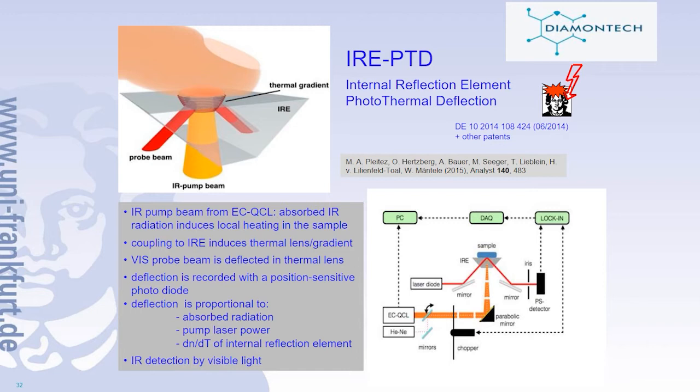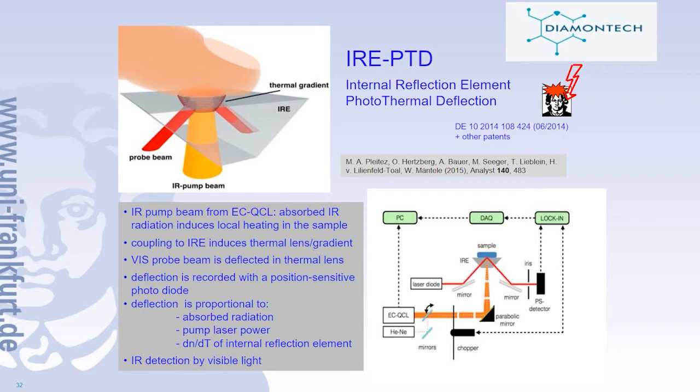And as a consequence of absorption, they deposit a tiny amount of heat in these layers. Tiny amount of heat means that these layers are warmed up by absorption just by a few millikelvin. The user doesn't feel it. Now, this warming up of the skin layers in that depth shows up at the surface and is transferred into that internal reflection element. What happens in the internal reflection element, this tiny warming up generates a so-called temporary thermal